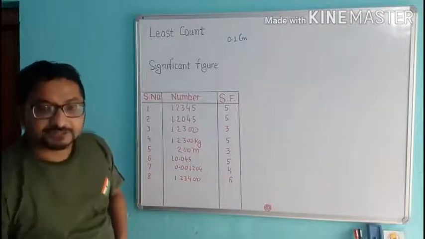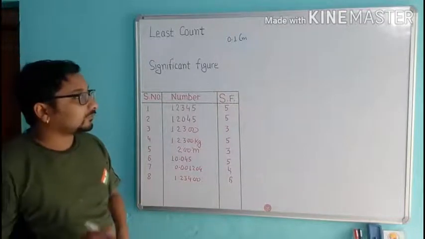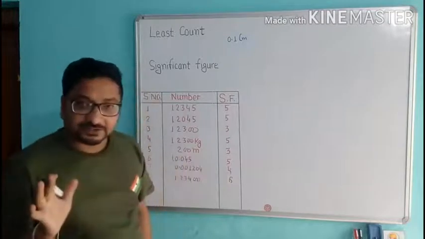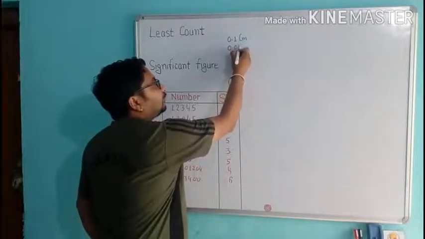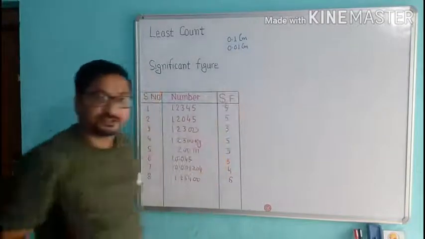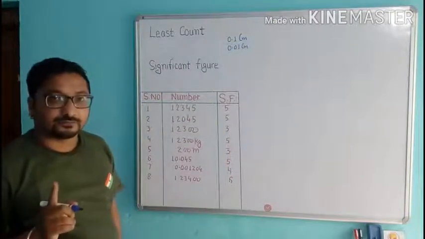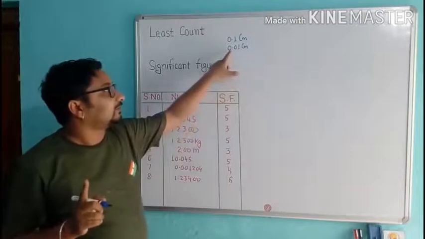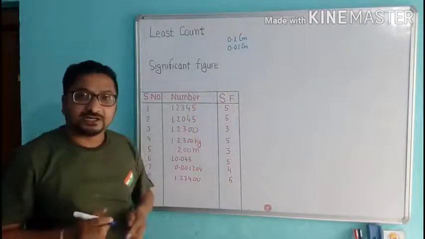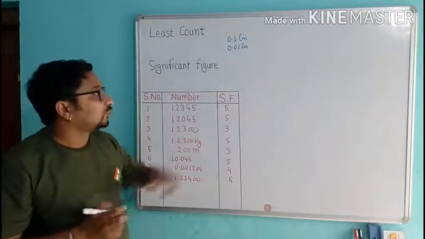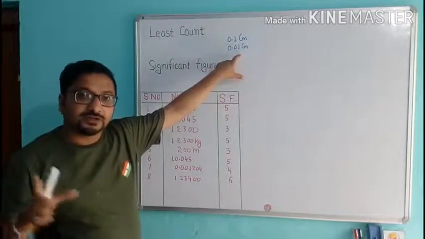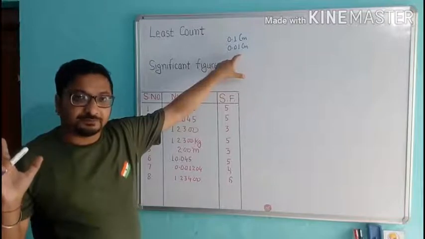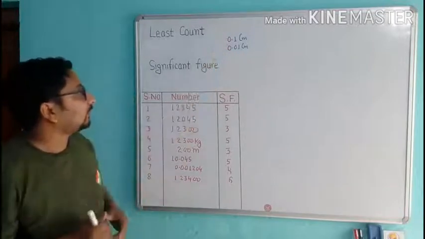Okay. Similarly, with the help of vernier calipers, we can measure 0.01 centimeter length. Minimum. We can measure a minimum 0.01 centimeter length. So this is the least possible count for vernier calipers. Okay. Now next,